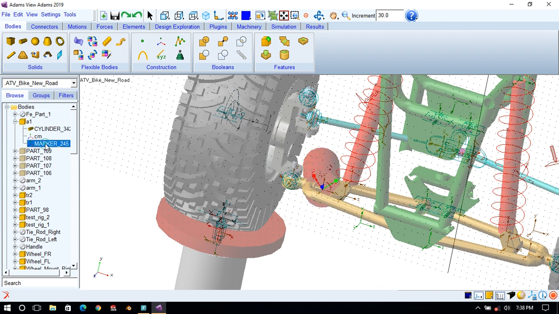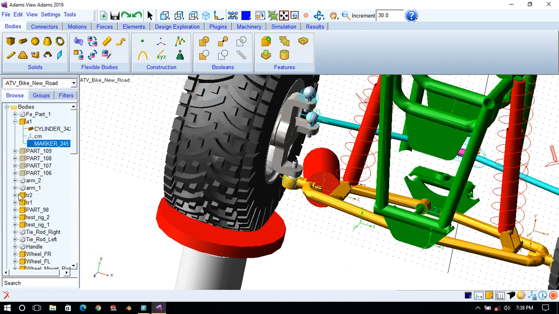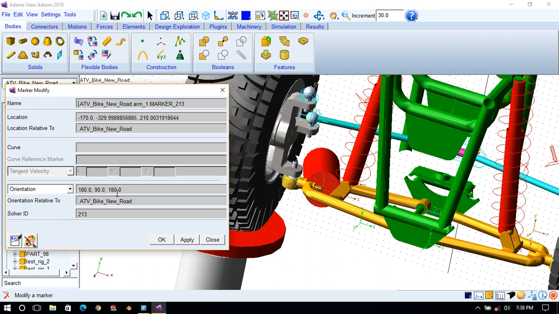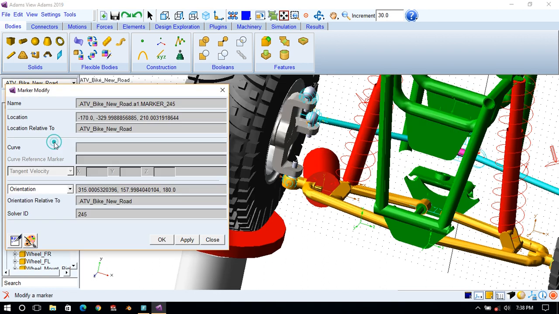So go to this marker, which is a position marker. We will change the orientation. Let me see what is the orientation of the marker. So it is 180, 90, 180. So it will orient its position. You don't need to rotate it.